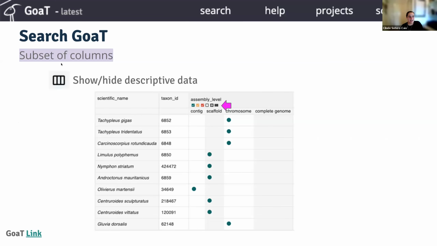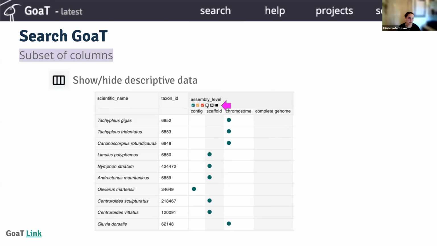And then there is another button that you might see, this is for descriptive, categorical data. If you click on it, you can actually see all of the options possible for that column for your search. So let's say here I put a list of species, and assembly level, so assembly level excluding missing data.